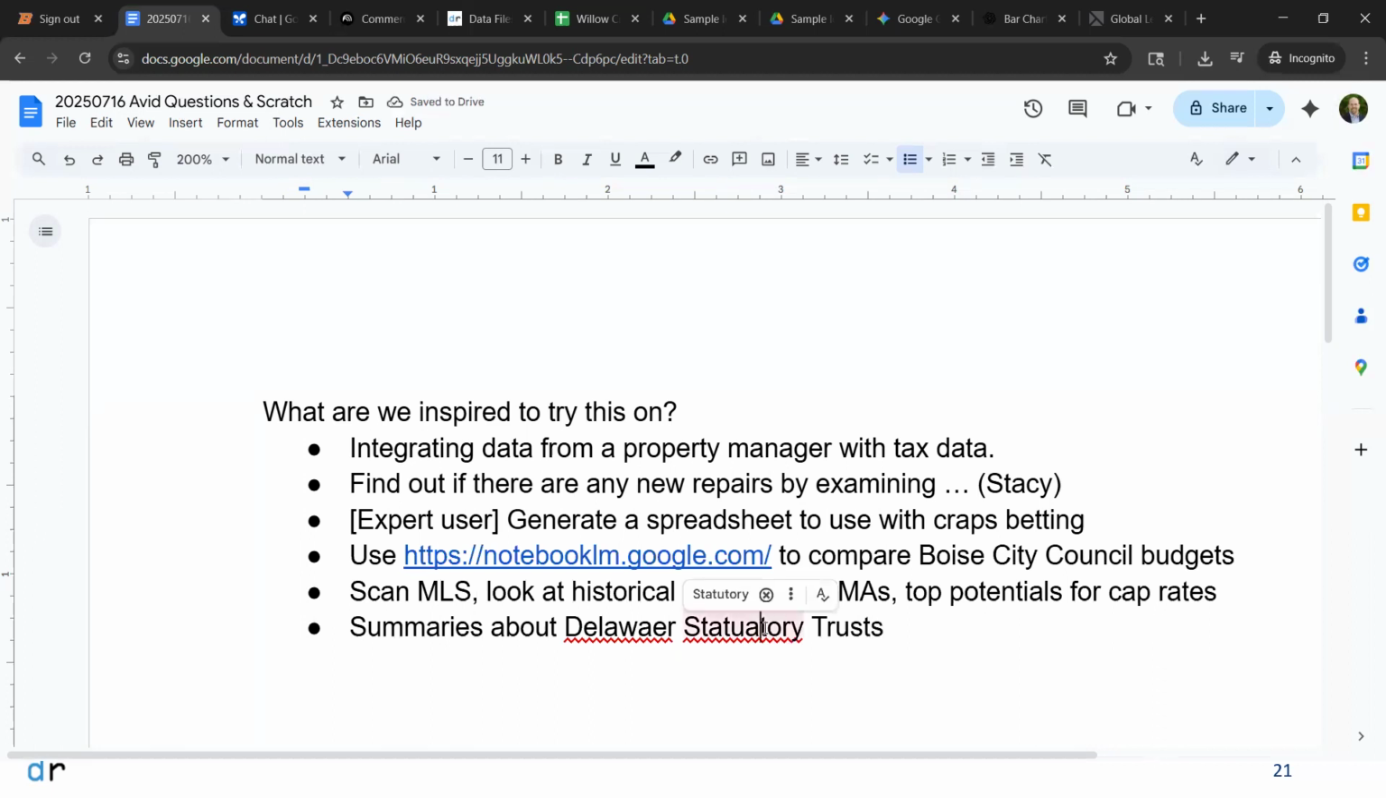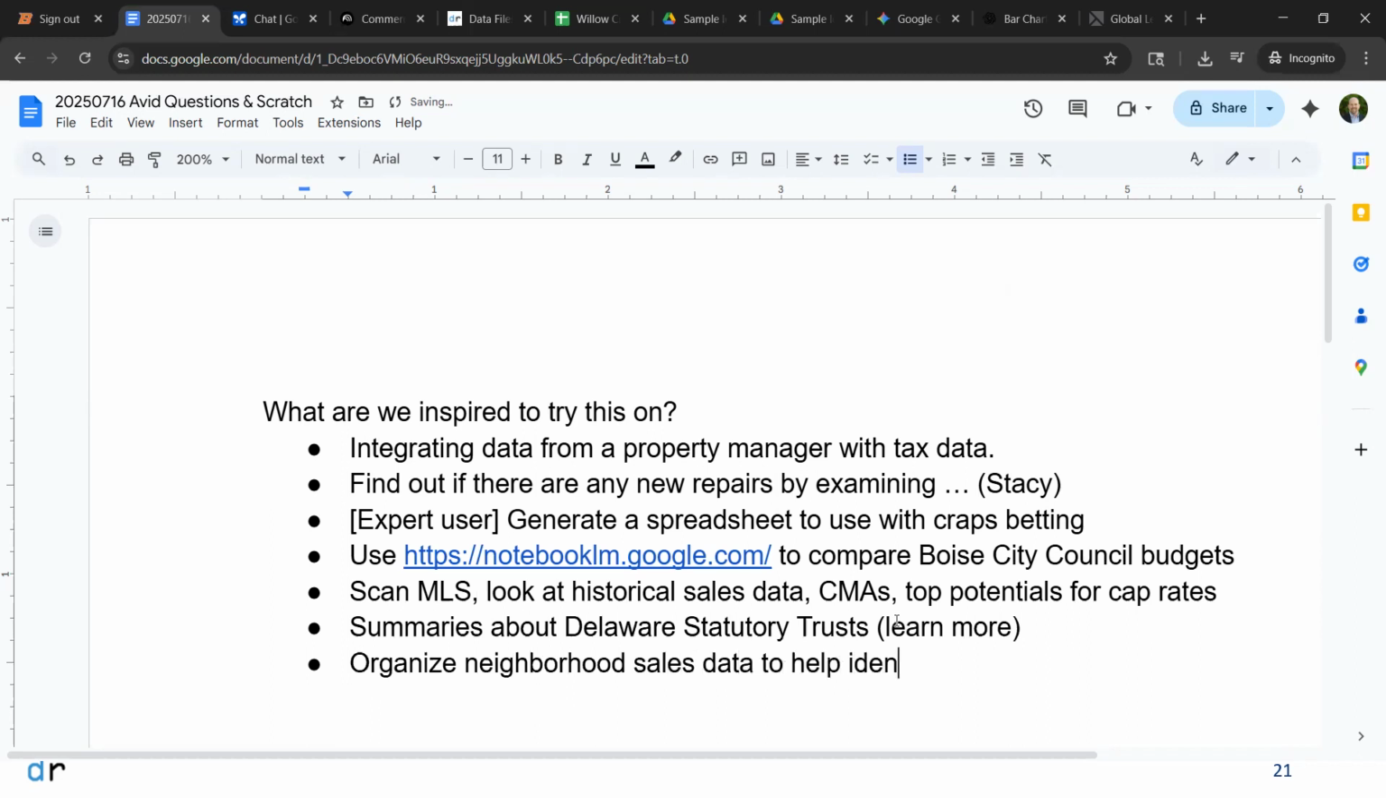Great, yeah. Okay. Off the top of my head, one thing you could do is take neighborhood sales data for all the home prices, organize all that, and look at current prices to either identify deals or price things more accurately. Also,